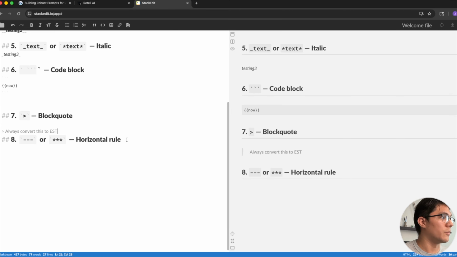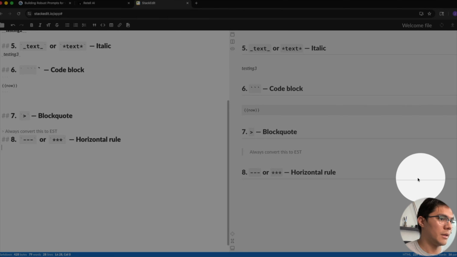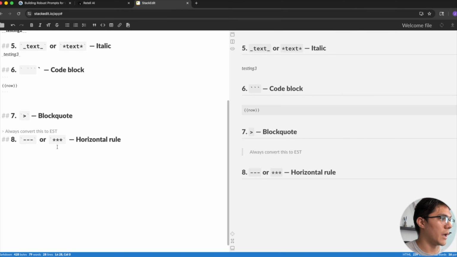Now, the final character that you should always use, wherever applicable within your prompt, is the 3 dashes or the 3 asterisks to create a horizontal rule. If you can see this line right here, this is created by using the 3 dashes or the 3 asterisks. So if I type enter and then 3 dashes and then type in "this is a test," now I click on enter